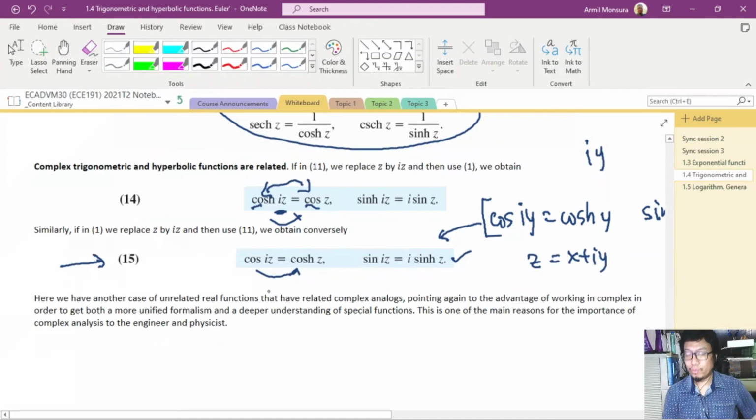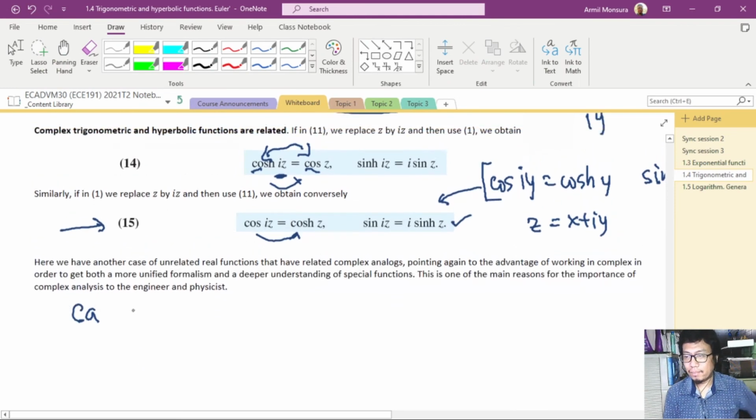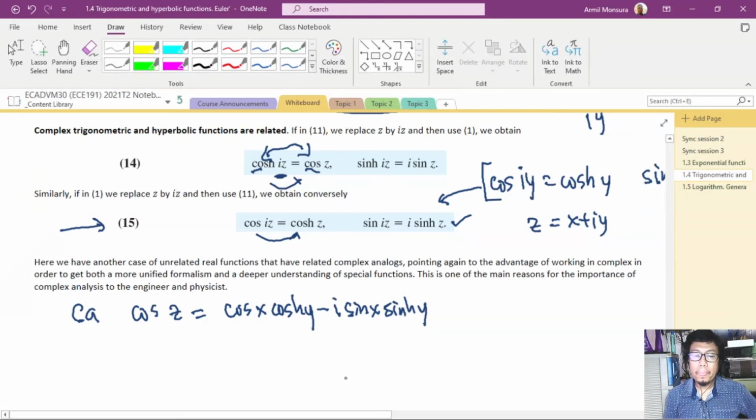Okay, so one thing that I actually forgot to demonstrate to you is how to use the formula 6a. Okay, so again, formula 6a is basically cosine of z, which is cosine of x times hyperbolic cosine of y, minus i times sine of x times hyperbolic sine of y. Okay? So, basically, if we have, say for example, z equals 3 plus 4i, and then we are asked to evaluate the value of the cosine of this number, we will basically have